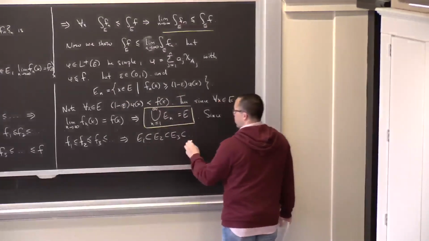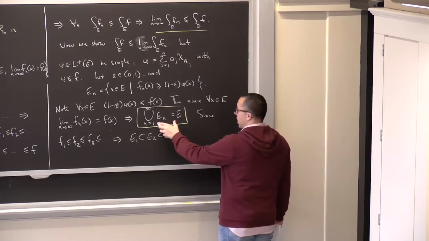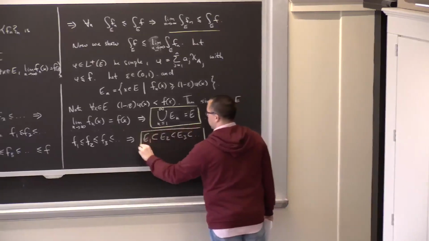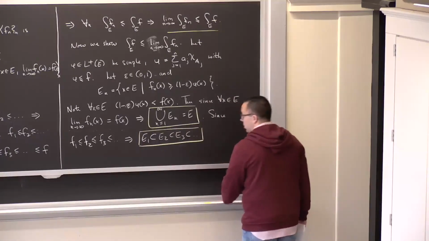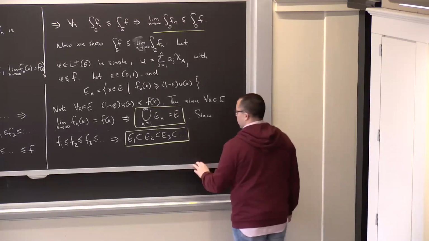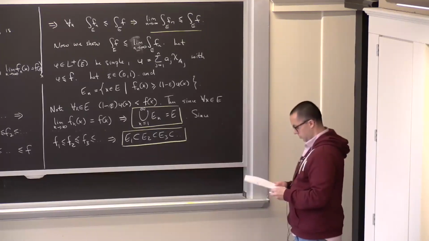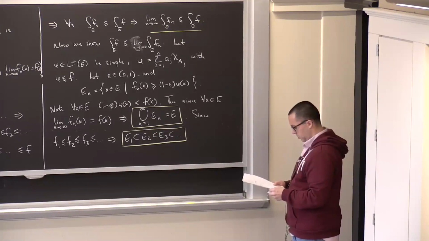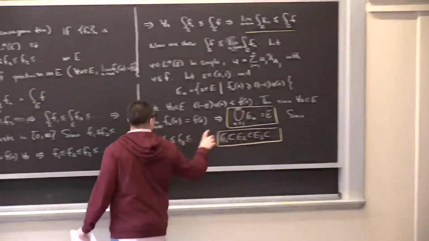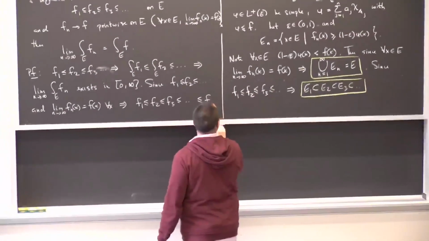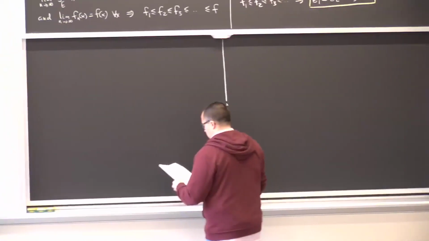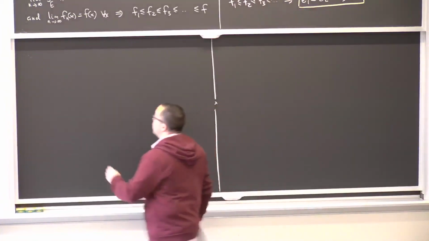So this is not only a sequence of sets whose union gives me E, they're an increasing sequence of sets. Increasing in the sense of inclusion. Okay? Now, we're going to use these two highlighted things in just a minute, along with continuity of Lebesgue measure, to get what we want. So we have the